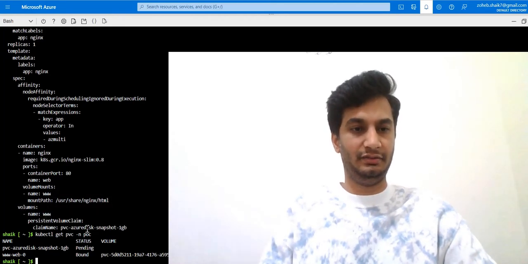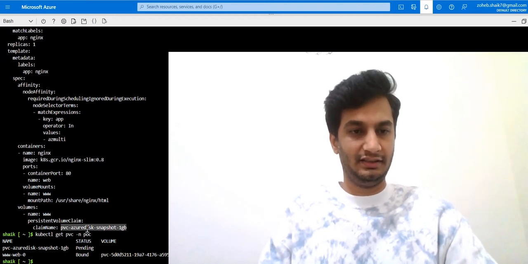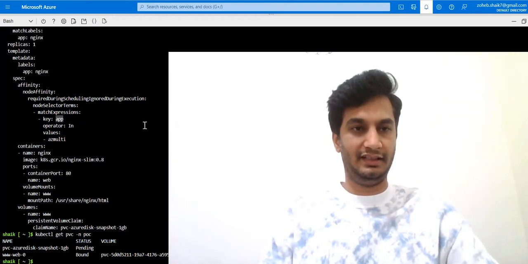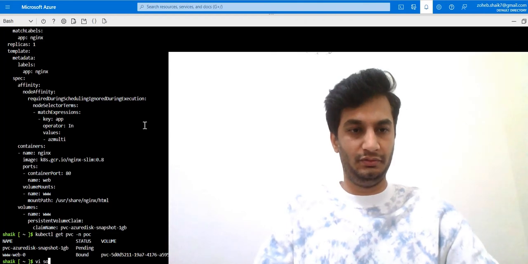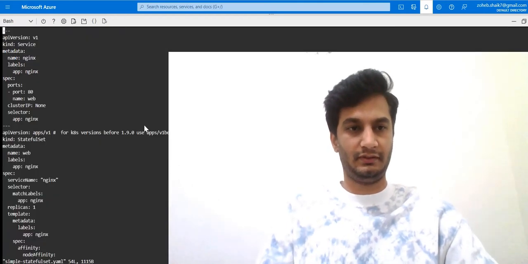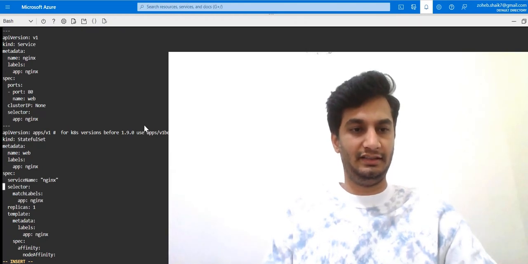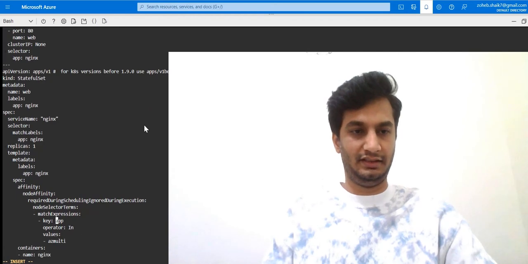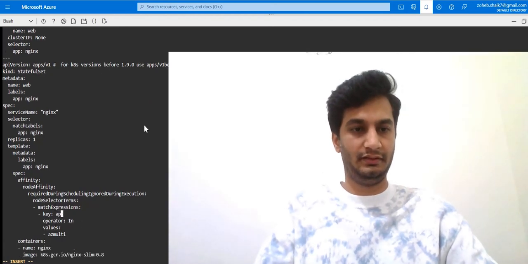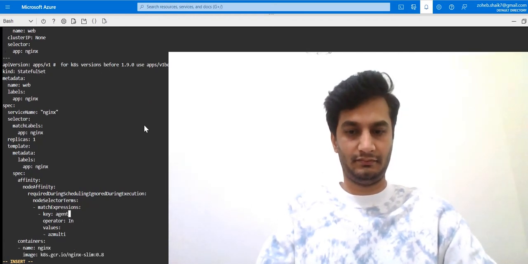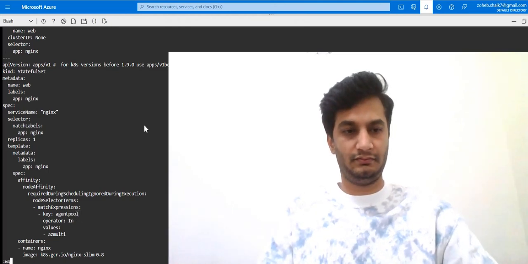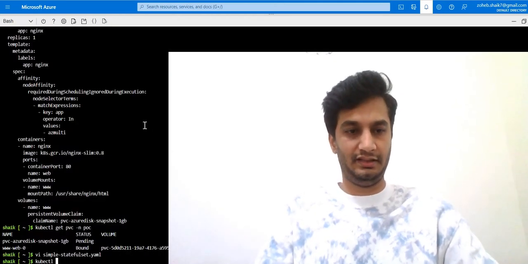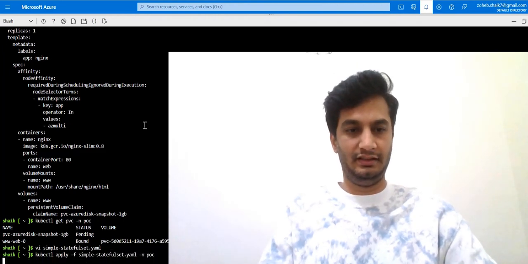Only thing is I just need to change the claim. I have to add our exact node pool here, simple STS. Otherwise the pod will be in waiting state and we might spend some time on that. Instead of that, I'm just rectifying it here itself. Agent pool. Now let's apply simple STS in a dedicated namespace.